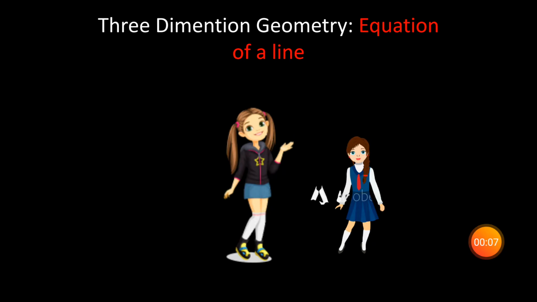This is my second video related to three-dimensional geometry. In my last video, I discussed with you the basic concept related to directional cosines as well as direction ratio, and I told you that I am going to discuss every topic related to this chapter in detail with you. So this is the second video in sequence and the topic is equation of a line in 3D. In this video, I am going to discuss both the forms, vector as well as the Cartesian form of the equation of a line in 3D, as well as one of the examples. So let's see.